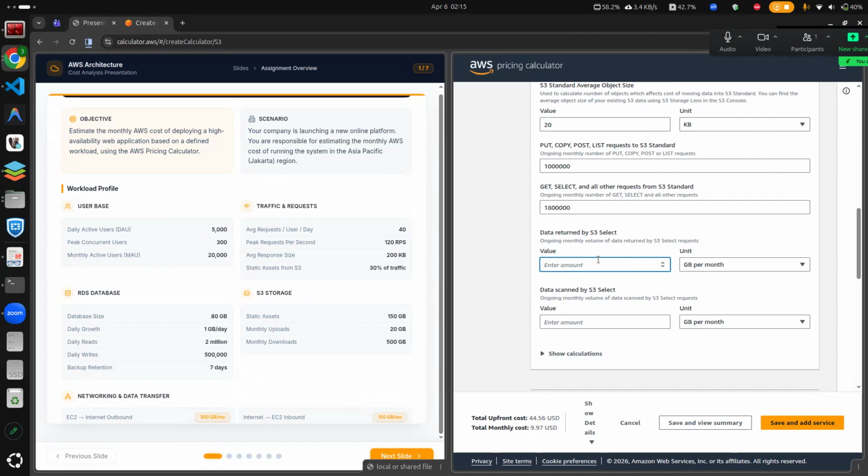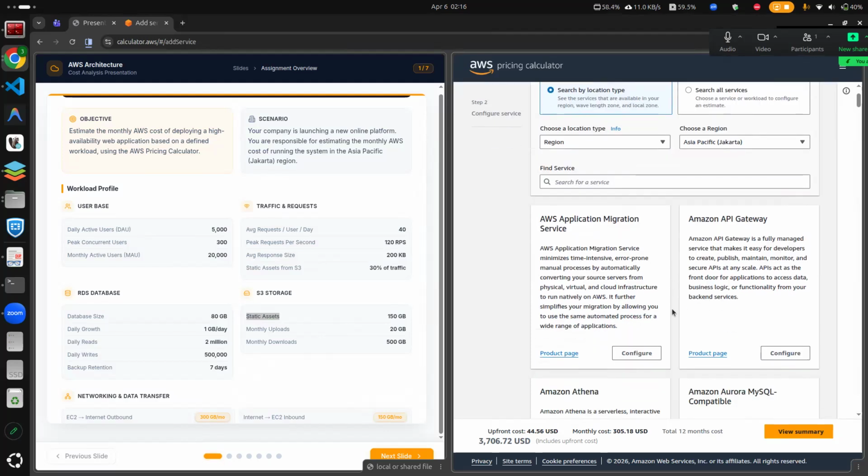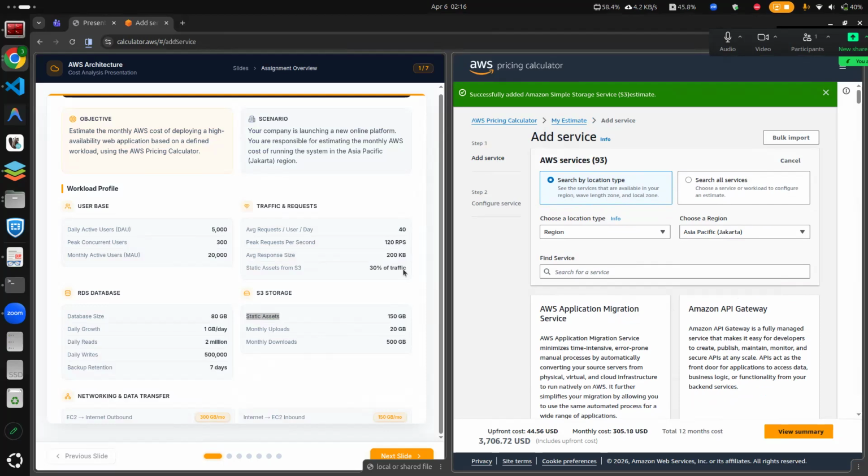Because we only use S3 for static assets, we don't need this, and also this one, we don't need. So, save. And